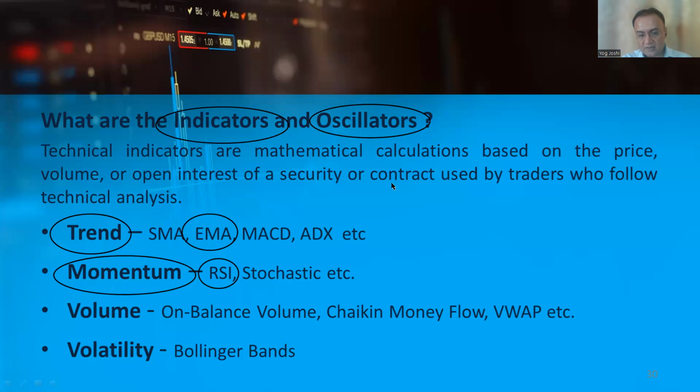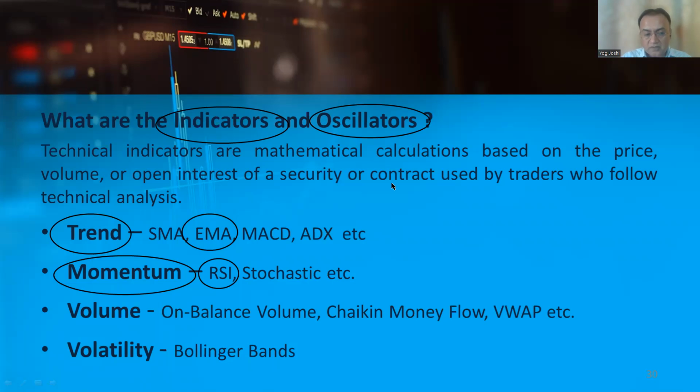Fibonacci is an indicator. Bollinger Bands is an indicator. But if we apply an indicator not directly on the chart, but parallel to the chart, and it indicates something, it is known as an oscillator. Oscillators are not applied directly on the chart. They are always applied parallel to the chart.